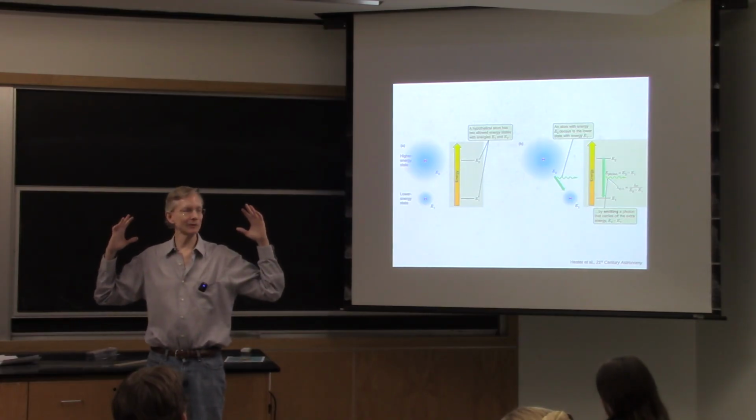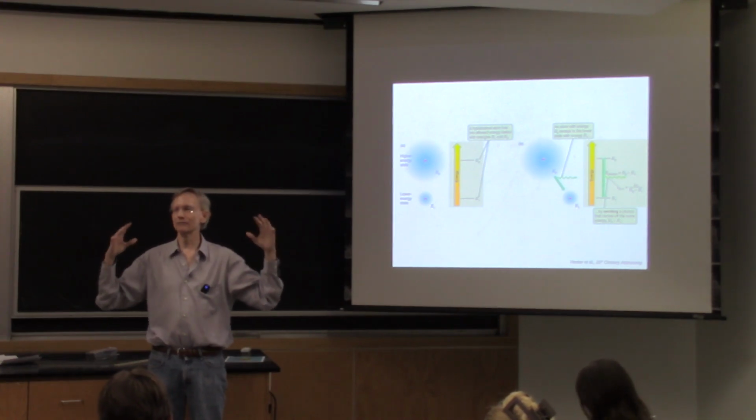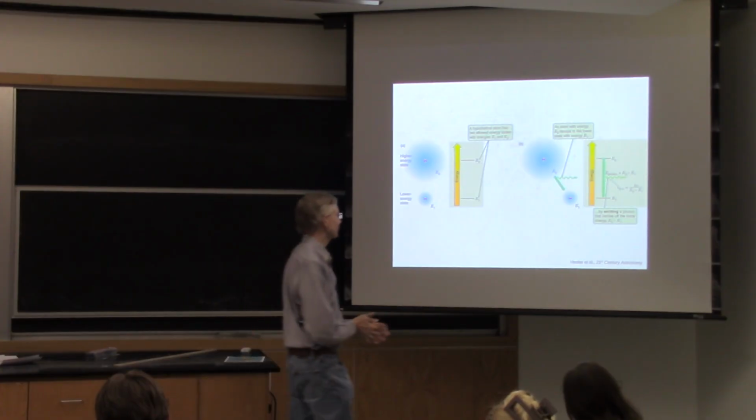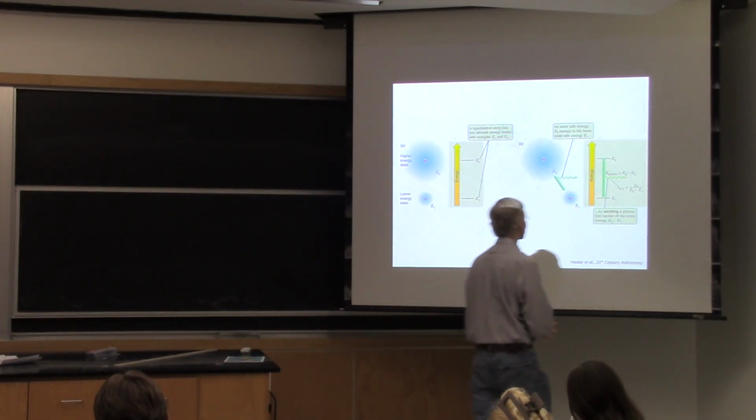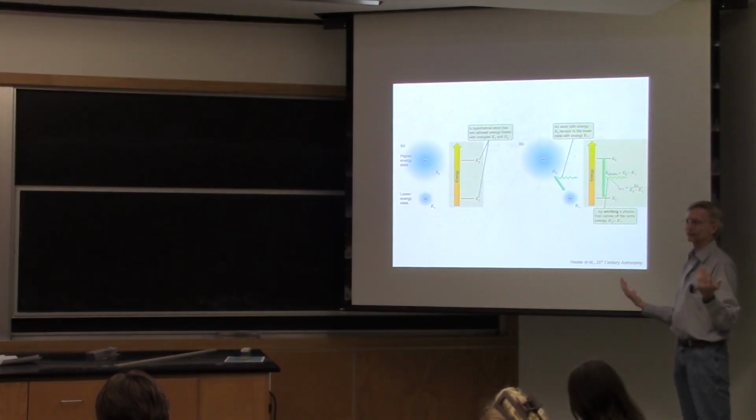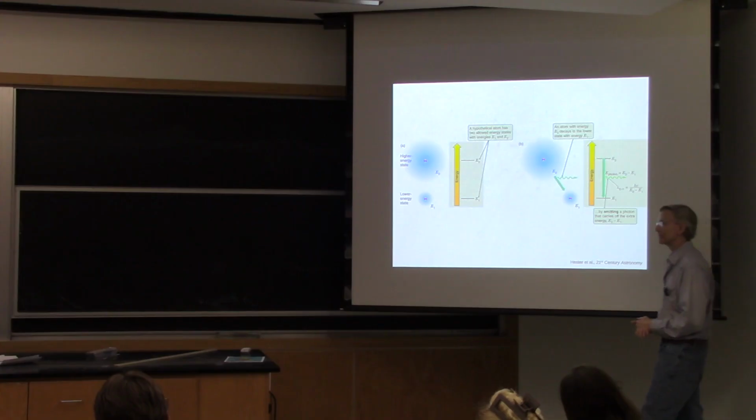Burn that into your brain. hc is 1240 electron volt nanometers. Right, 1240 electron volt nanometers, which makes calculations easy, right? So if I have